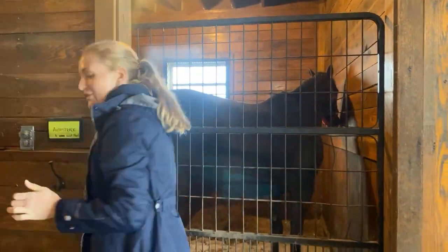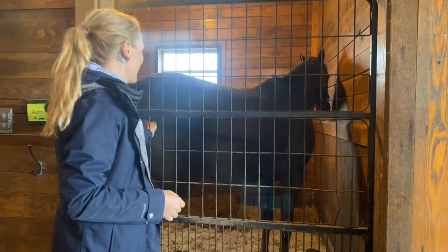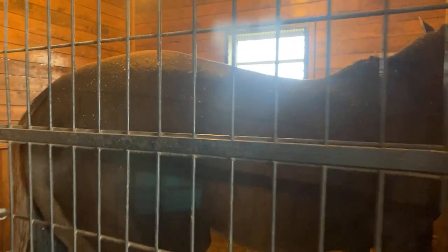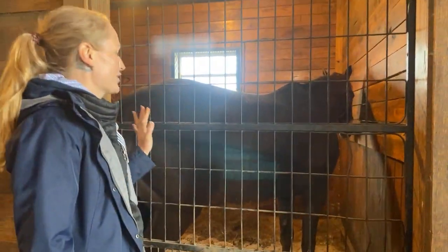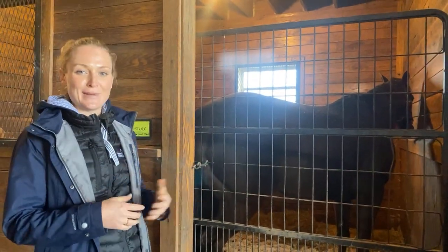He came fairly recently and was clipped when he came, so he's actually growing in. You can see maybe that he's rolled, so he's covered himself. He's decorated or given himself some little sprinkles, and he's napping, so he can't be bothered to come around. Maybe he will. But this is a horse who's also had a lot of personality development in his time here